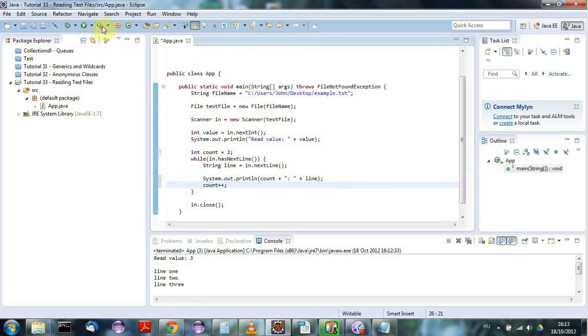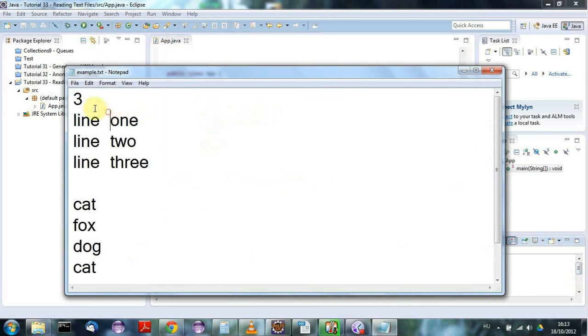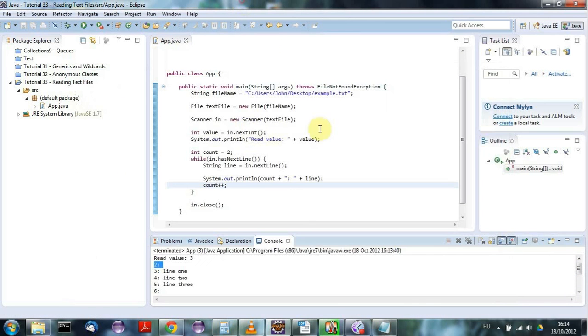And now if I run this, you can see, if you look at the console here, we read the number successfully, and we read the rest of the line successfully, but the problem is that we apparently read a blank line in between the two, and yet if I look at my file, there isn't a blank line there, not at that point anyway. And the reason for that is that there's actually an invisible character here which nextInt doesn't read and nextLine does read,